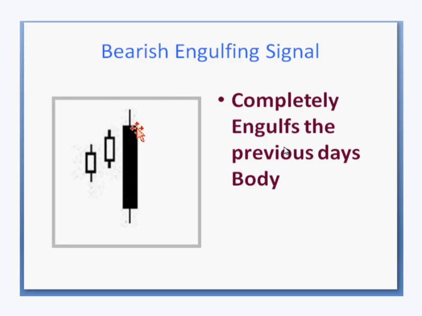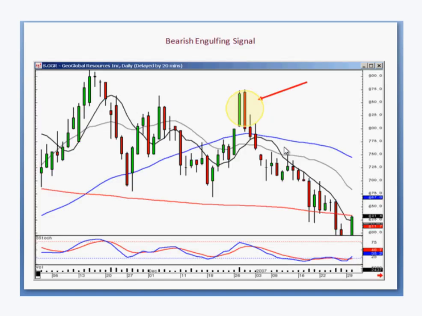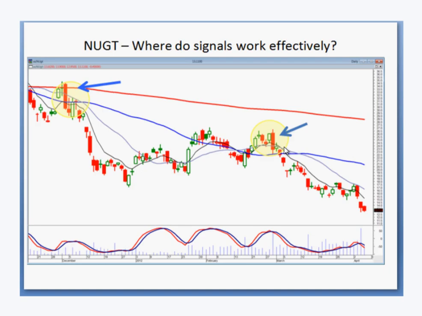Bearish engulfing signal opens here, closes here, opens above the previous day's close and closes below the previous day's open. That candle completely engulfing the body of that candle. And once again, the bigger the signal, the more compelling there's been a change of investor sentiment. And when we add the other things that everybody else is watching, which is exactly what we have the advantage of, is seeing